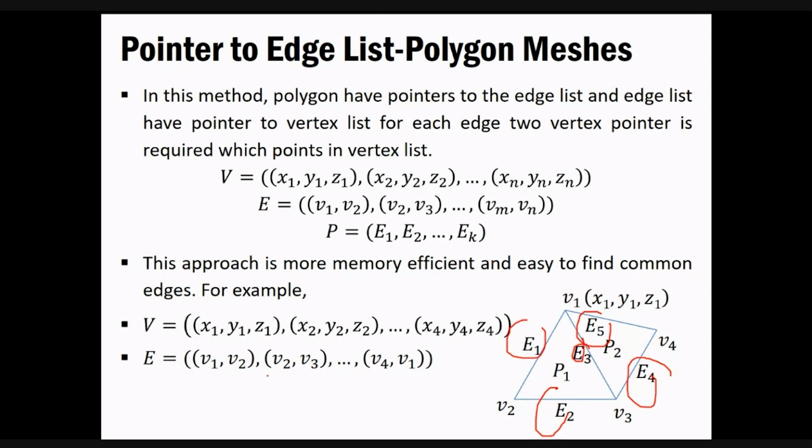So out of this, it can easily find that we have one edge present between v1 and v2, similarly v2 and v3, similarly v3 and v4, similarly v4 and v1, and all of the information would be stored in this edge list. Then how would you differentiate whether we have multiple polygons or a single polygon?